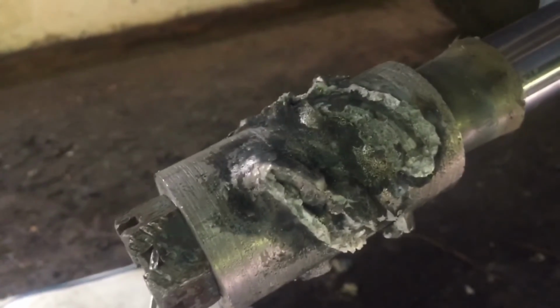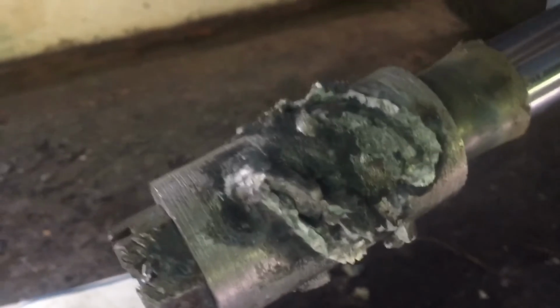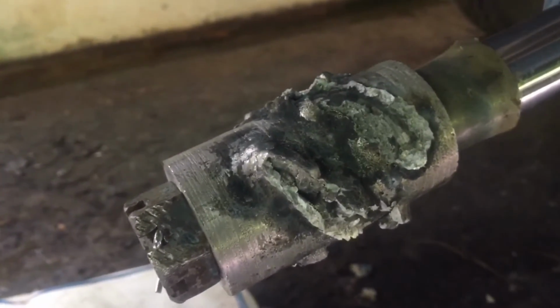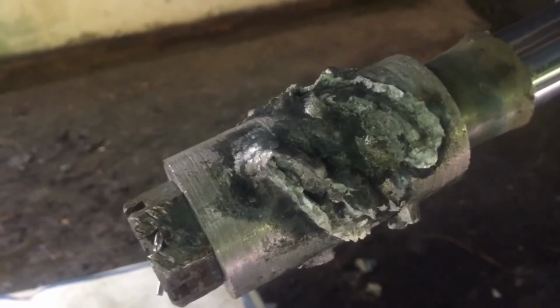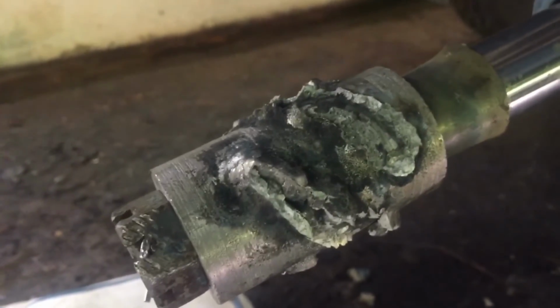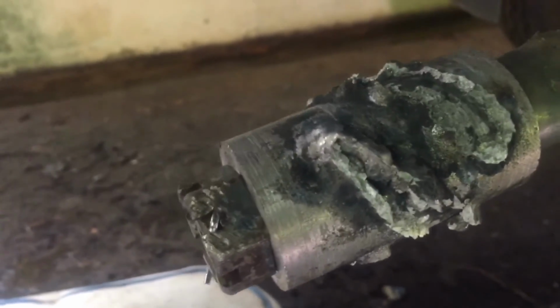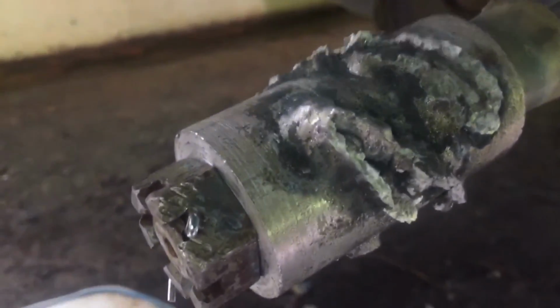The forces that this prop generated shredded itself. So we're going to go back to the bronze one for a little bit until we figure out something else. Yeah, I noticed that too. It just pulled off the...